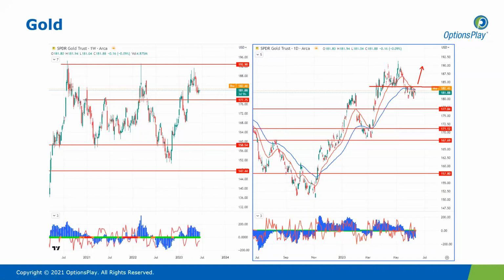That being said, with gold, it is also a safe haven asset. And with CPI coming out lower than expected, we could see a lot of volatility here because it could also be a signal for a risk-on rally. And if we do get a risk-on rally, we could see rotation out of gold and into the riskier, let's say, more growth-driven equities. So I do expect to see a lot of volatility on an intraday basis here for gold. But the key level that we have to keep in mind here is still that 183 area.